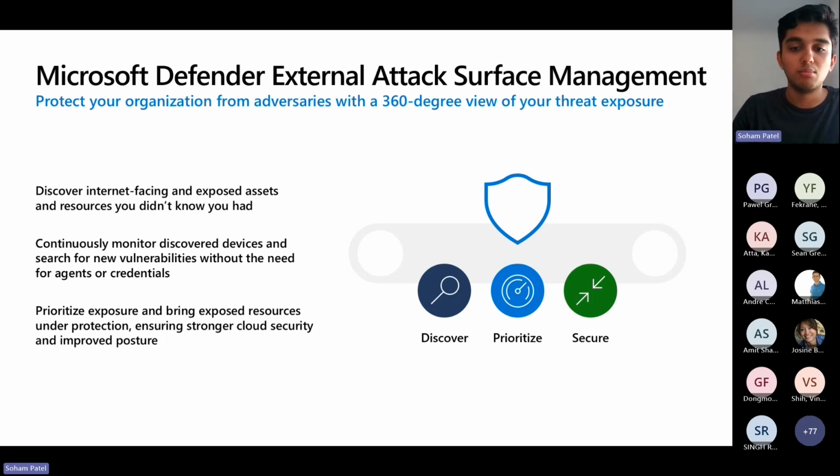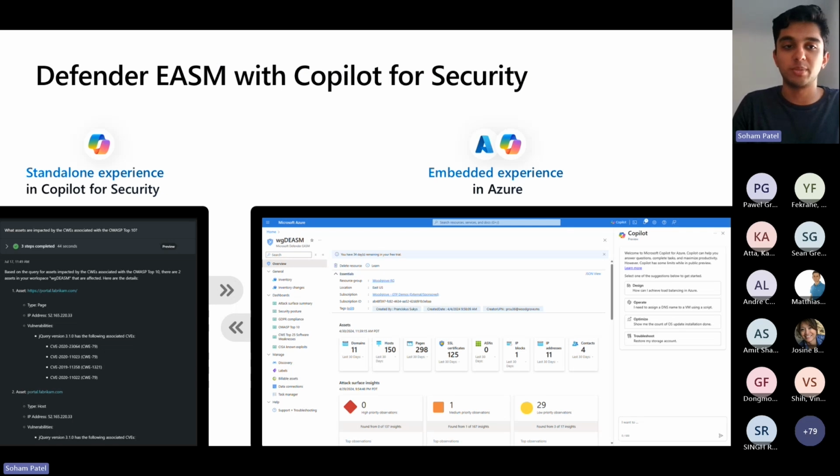And I can then move into what our Security Copilot integration is and what that looks like. So in our Copilot for Security, we have two experiences for you to use for Defender EASM. We have a standalone experience in securitycopilot.microsoft.com with a plugin, as well as an embedded experience in Azure while you're using the MDEASM tool, or maybe